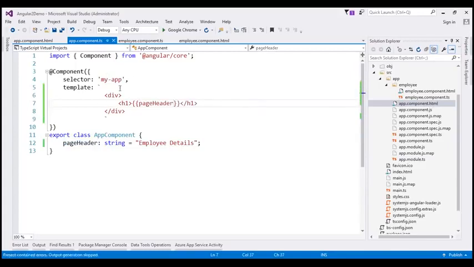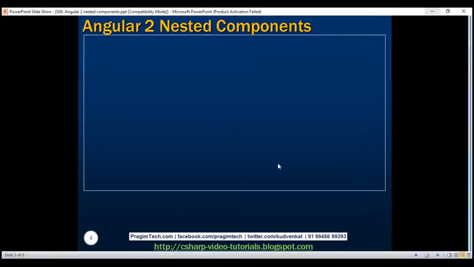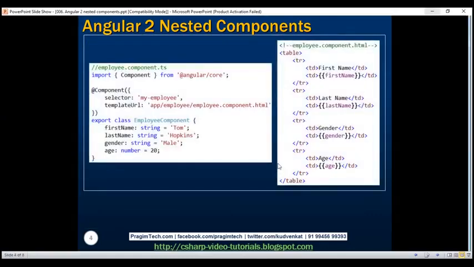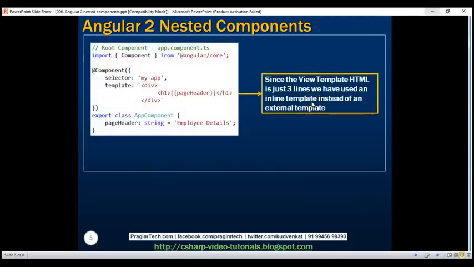So we have implemented our root component as well. At this point, we have implemented our employee component which displays the employee details in a table. Here is the TypeScript file and the corresponding view template, and here we have our root component which displays the page header. Since the view template HTML here is just 3 lines, we have used an inline template instead of